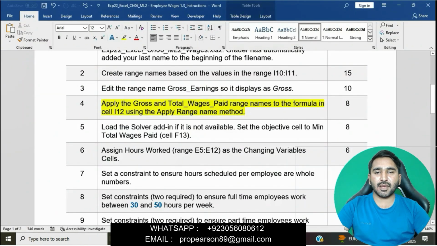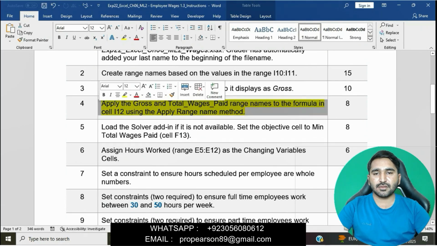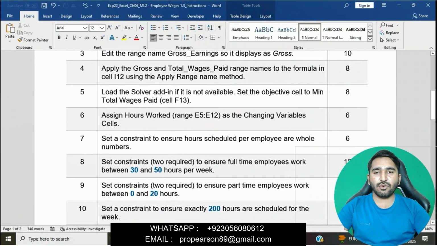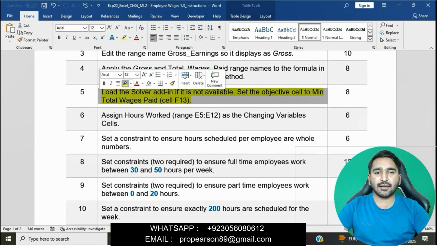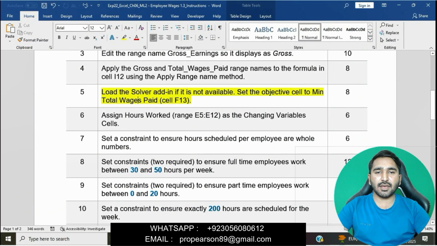In question number 5, we will now load the solver add-in if it is not available, and set the objective cell to min total wages paid, F13. Simply in this question we will load the solver add-in if it is not available, then we will set the objective cell to min total wages paid, cell F13.